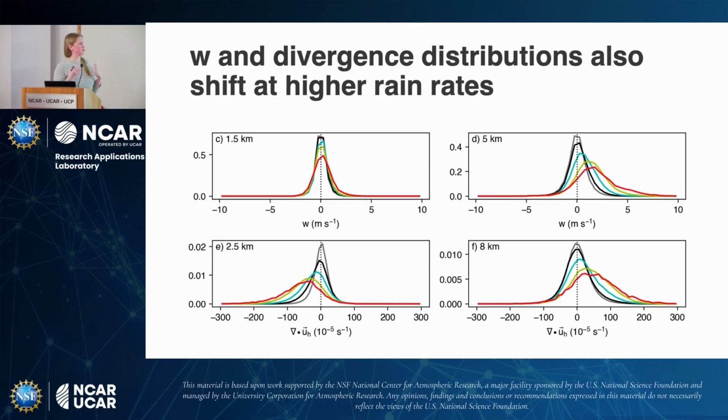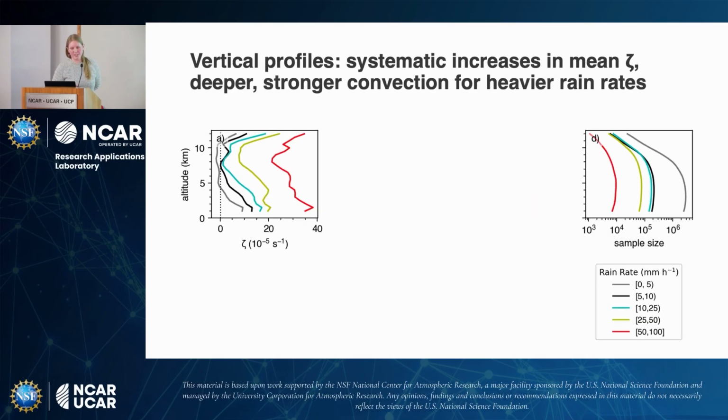And so again, this is what we expect, but it is nice to see it quantified and to see it gradually change. These aren't fundamentally different. And to be able to quantify this in a way that we haven't been able to quantify it before over a large domain. We can also just look at the mean vertical profiles just to confirm that this is true at more than the 2 levels I was showing. But basically, we see the same exact story.